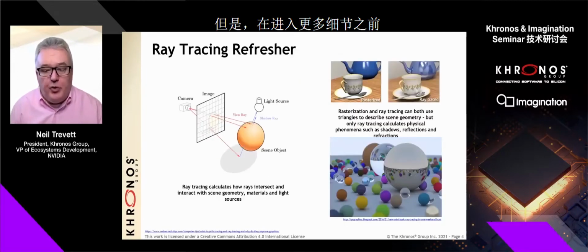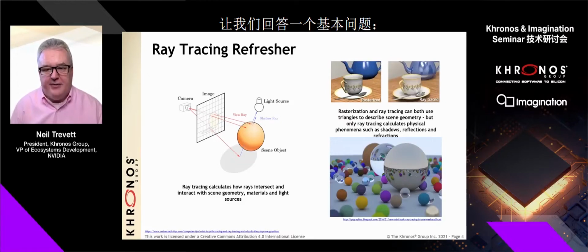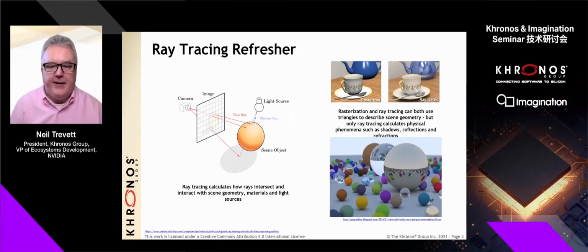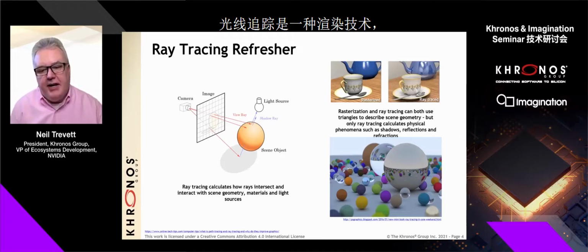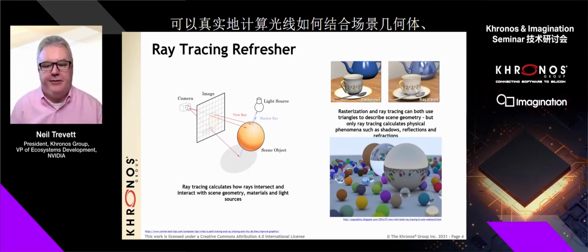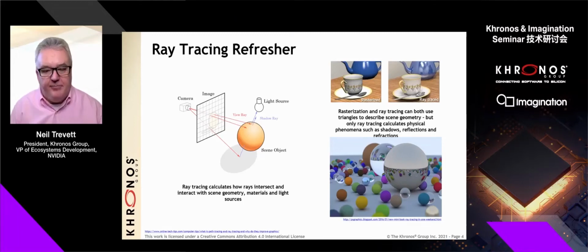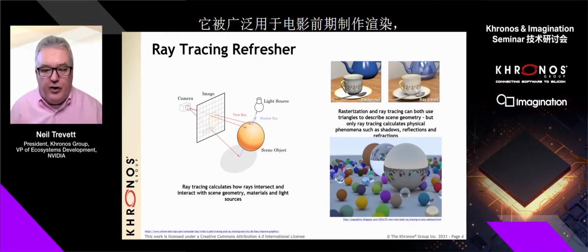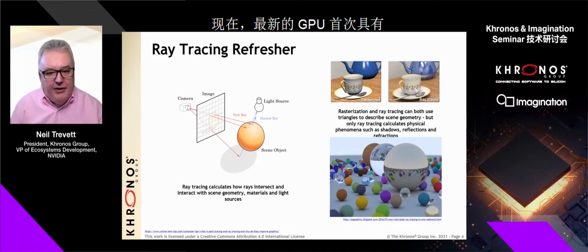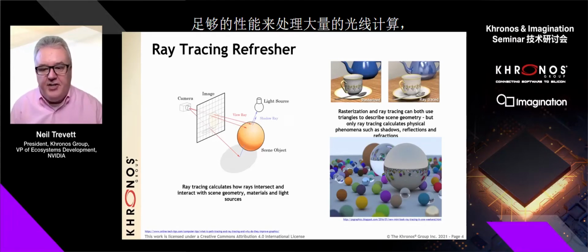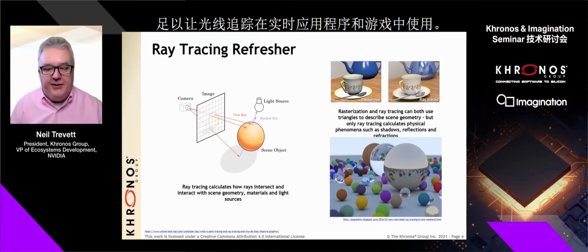But before we go into more details, let's answer a basic question. What is ray tracing? Ray tracing is a rendering technique that realistically calculates how light rays intersect and interact with scene geometry, materials, and light sources to generate photorealistic imagery. It is widely used for offline film and production rendering, and now, for the first time, the latest GPUs have enough performance to crunch through an enormous number of ray calculations quickly enough for ray tracing to be used in